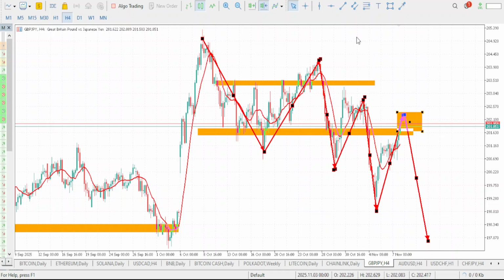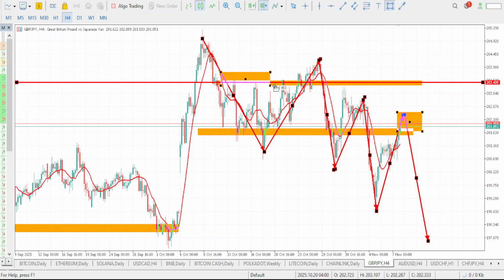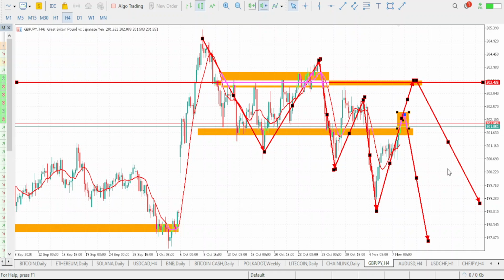Or GBPJPY might give us some more movements, a bullish move to come and tap this resistance level here. You can see that this was a previous resistance level. There were multiple rejections around this level. So GBPJPY is likely to push up to tap it, or it gives us another drop. So these are the two possible scenarios where the drop will likely play out. Either we get the drop here, or we see it push up to tap this resistance level and